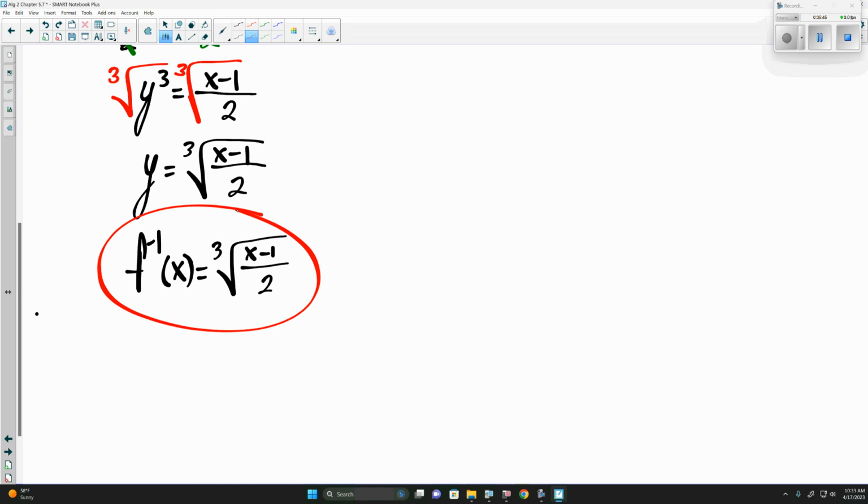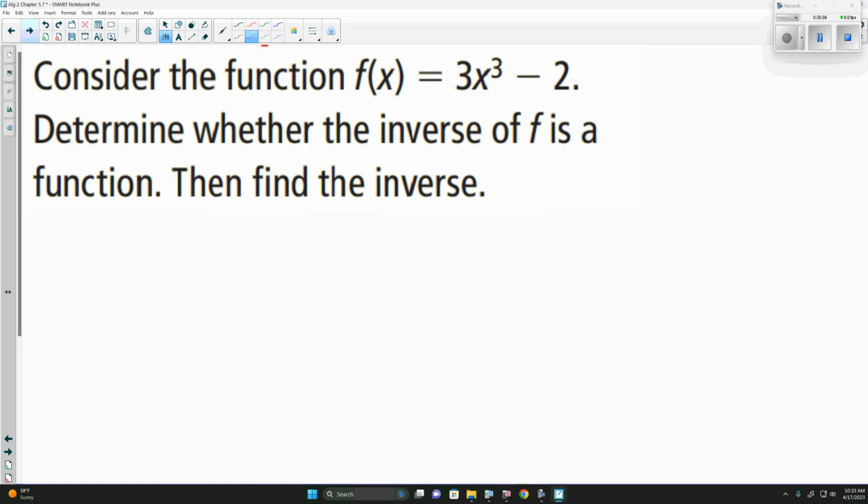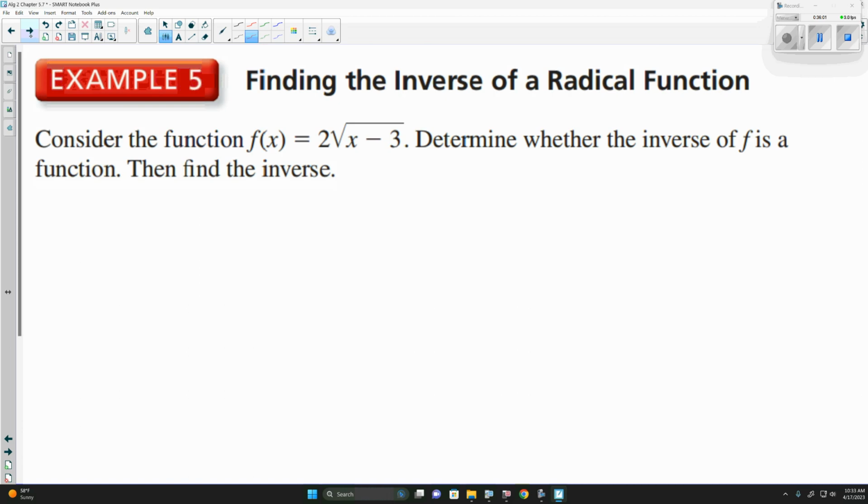How do we feel about inverses? Yeah, they're not bad. I think we do one more, and then we'll move on. I think we feel good with cube roots. We're at cubics. Let's look at this one here, because we haven't looked at one that has a square root as the starting function. We've dealt with some that had a square root as our inverse, but not as our f of x. But this here, again, just like our other